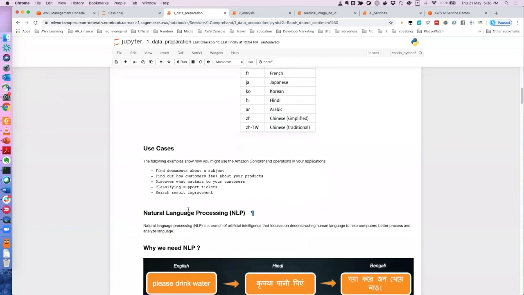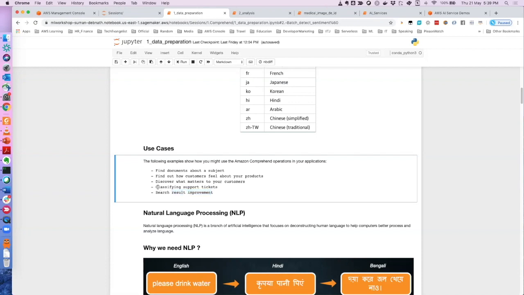Then you can also use this to improve your search results. A lot of times we go to the internet and search for what we want, right? And we always want the search results to be such that whatever I'm looking for comes within the first 2 or 3 links. So to improve that search efficiency, you need to analyze the text that the user types in, so that you get to the right place. That improves the user experience. So that is also one of the use cases.